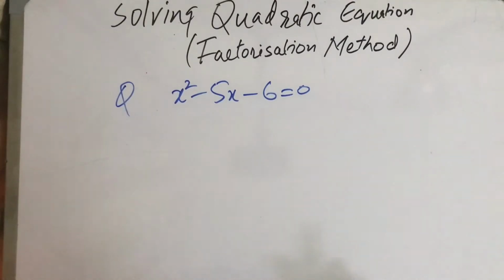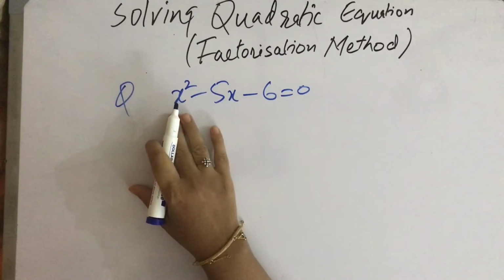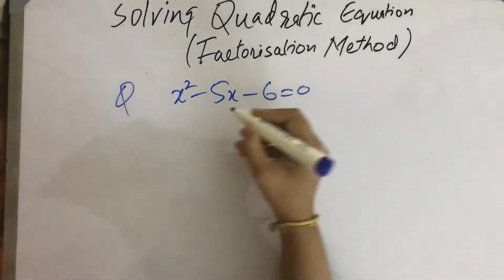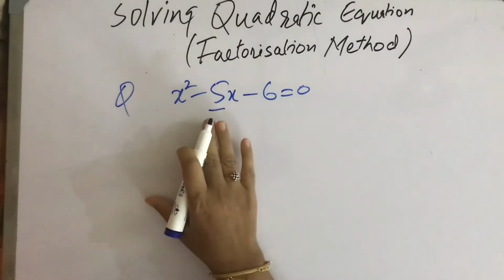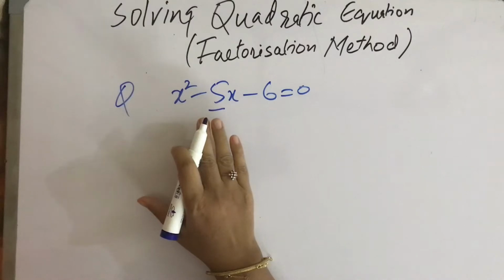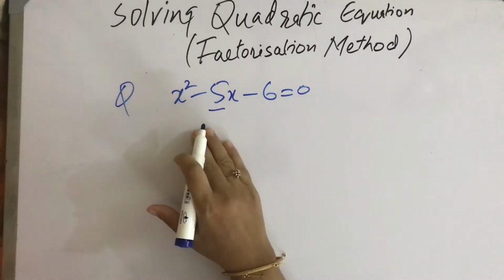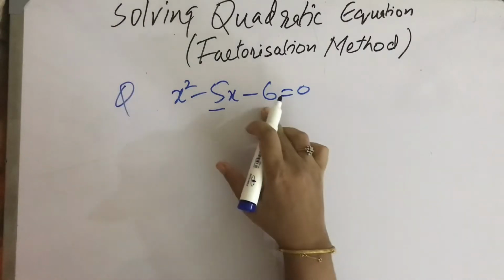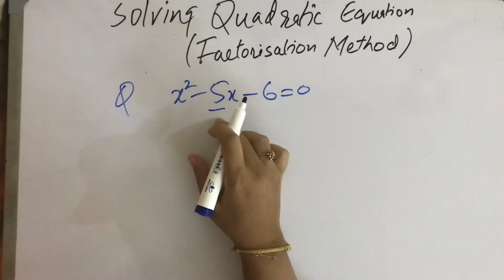You must know that solution means that you have to find the value of the unknown, which is x, and there will be two answers because the degree of the variable is 2. So there will be two values of x. So when we apply factorization method, we have to do midterm breaking. Midterm breaking means that we have to express or show the middle term in two terms in such a way that when we multiply the coefficient of x square, that is a, and c, the product of these two should be equal to the sum of the middle term.